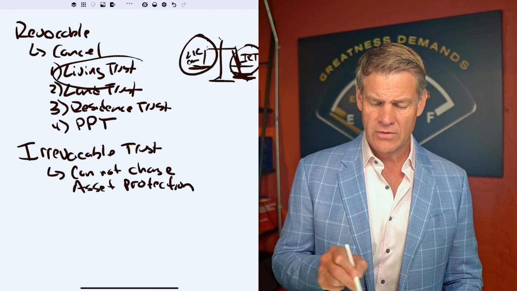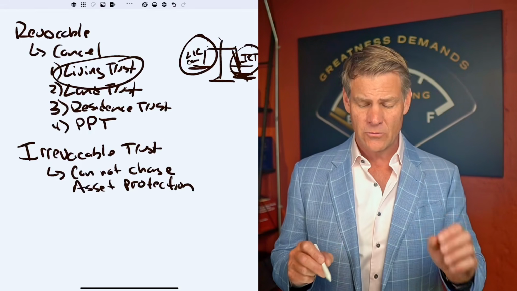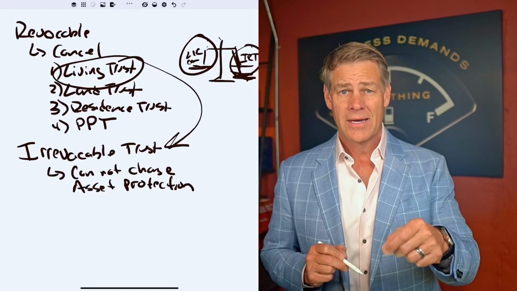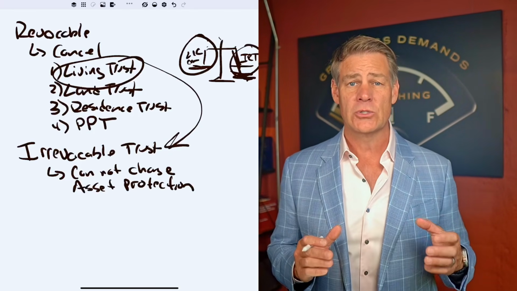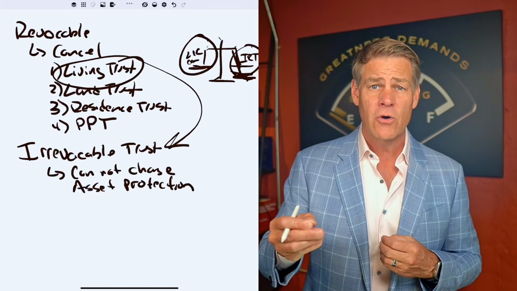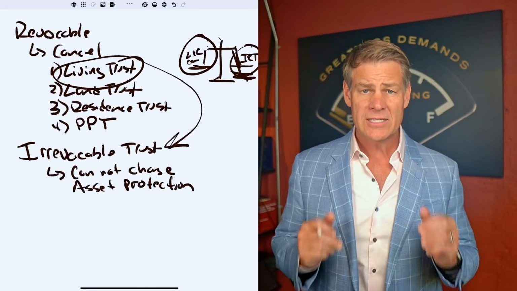You can have a trust over here, like a living trust. It can start in that quadrant as a revocable trust to begin with. And then when you pass away, it can fall down here into this quadrant. And that's what I was referring to when I was talking about a beneficiary controlled trust. If you set up your living trust the right way, it starts as revocable and then it becomes irrevocable and offers asset protection for your beneficiaries. Okay, so back to the irrevocable trust.